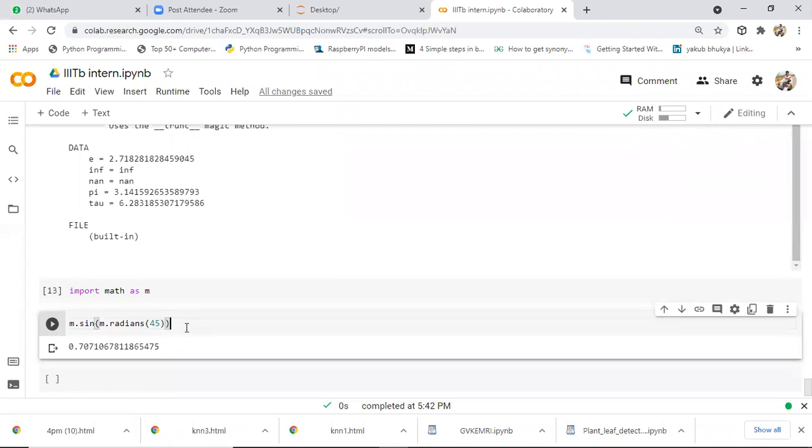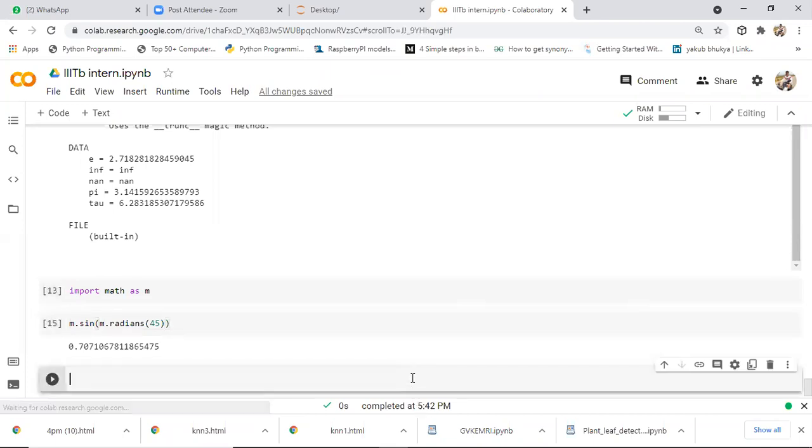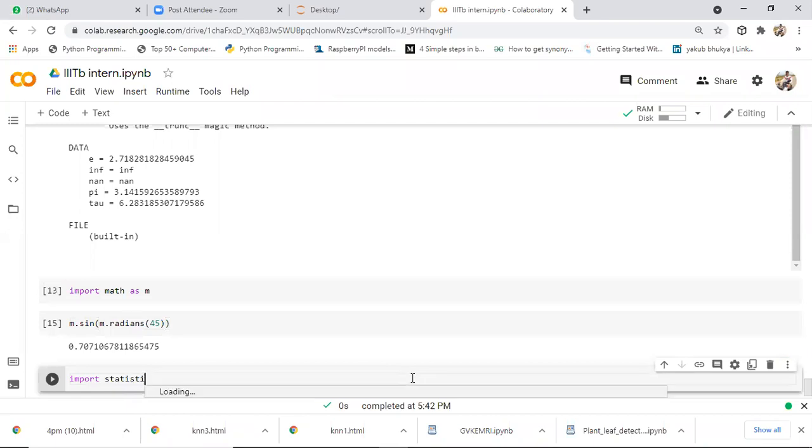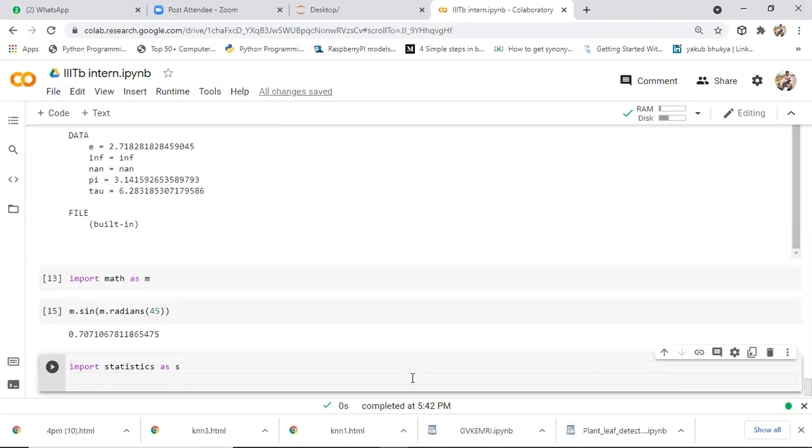The next thing is, we'll see one more module. Here I want to import the statistics module. Now I'll say import statistics. I'll press tab to autocomplete, as I did not remember the spelling exactly. Okay, good, perfect. As an alias, I want to import this module with the alias name s. Perfect. Now in this module, I want to call the mean function, so here I'm calling the mean function from it.